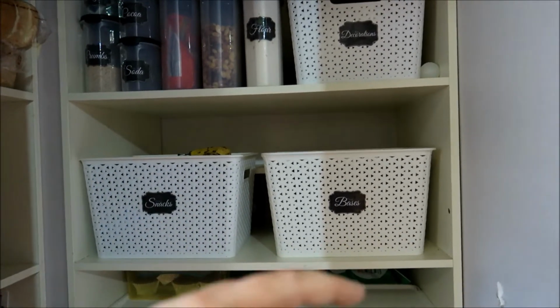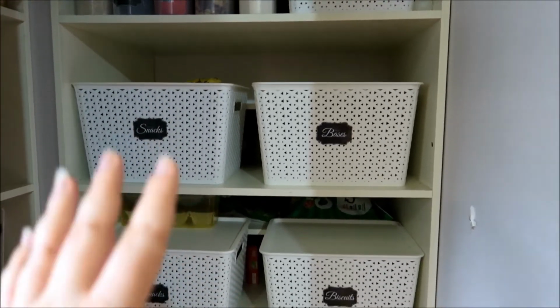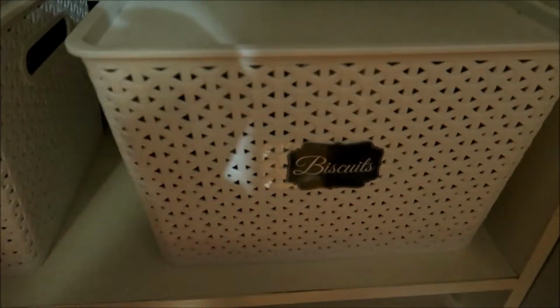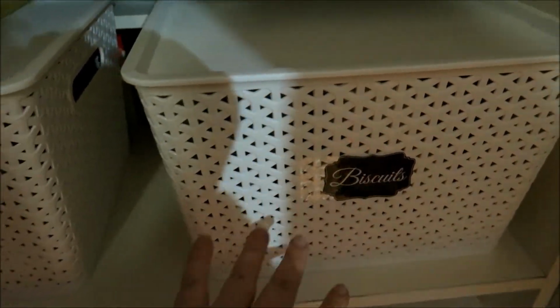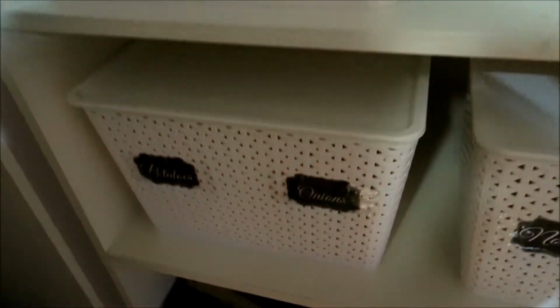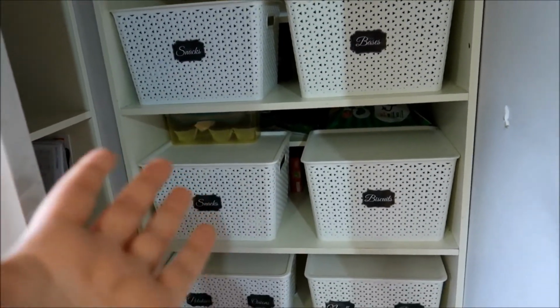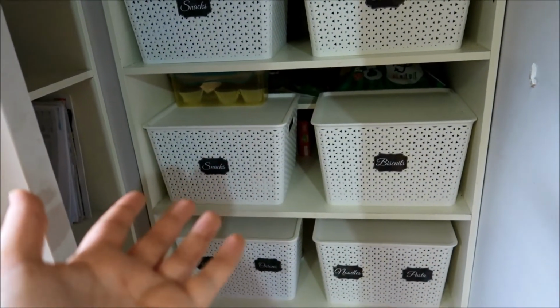Things would get thrown places in the wrong spot. Now, this is just more functional. I have tubs for different things. Biscuits, that could be dry biscuits, sweet biscuits, rice cakes, that type of thing. I have a snack bucket, I have onions and potatoes. Everything's just more functional now, and I use it, my background is management in retail, in